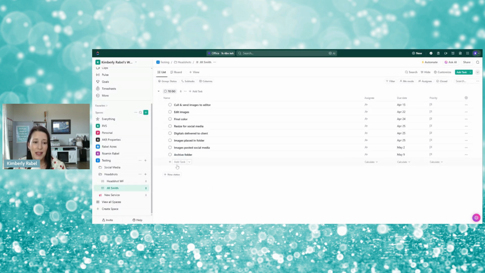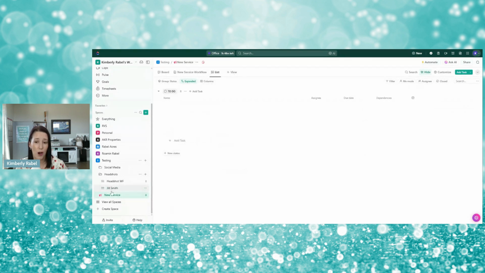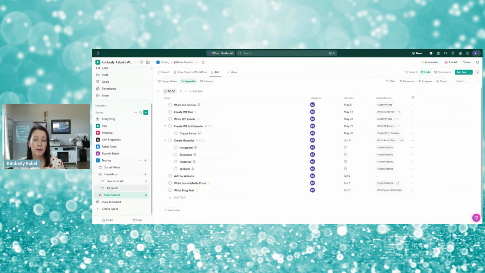Lastly is going to be a more complex business workflow. This is the one that I use when I'm going to launch a new service. I'm not going to go through the full creation of it because it is more involved, so for the sake of time, I'm just going to walk you through it. When I'm going to launch a new service, there's very specific pieces that need to happen